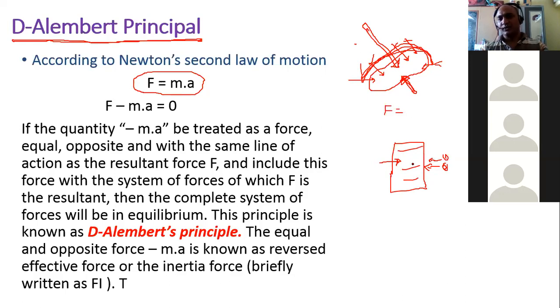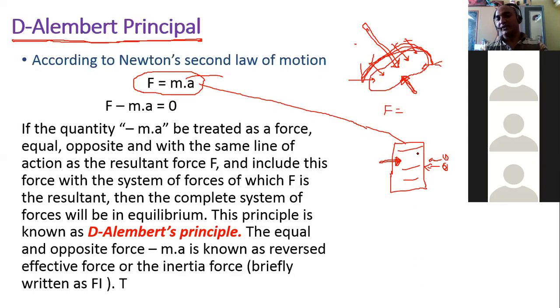You cannot see the force, but there is a force. That force is nothing but your hypothetical force. So what does that hypothetical force mean? Newton's second law, obviously. So that is F equal to ma. Now what is m? m is the mass of this particular cupboard, and a is acceleration. It means that acceleration is also applied in the opposite direction. This is said by D'Alembert, and that is called the D'Alembert principle.